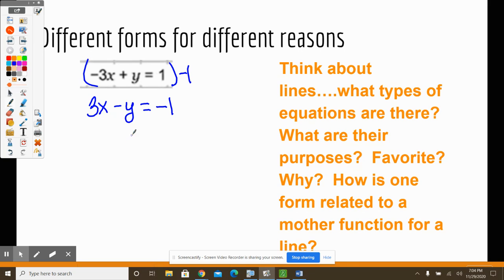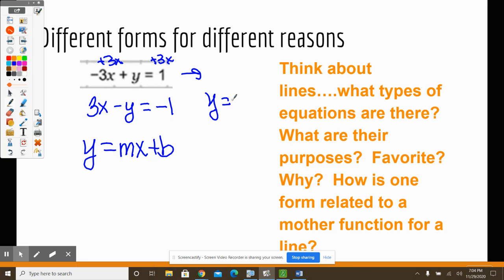Well, there's slope intercept form, which is the mx plus b. And if you remember, we can get this guy to look like that by getting y by itself. And maybe the reason they wrote it this way is so that it would be easy to get y by itself, because I can just add 3x to both sides. And I get y equals 3x plus 1. So what do we have? We have standard,